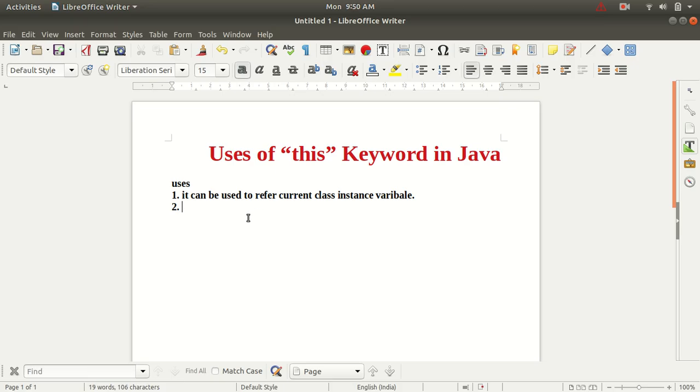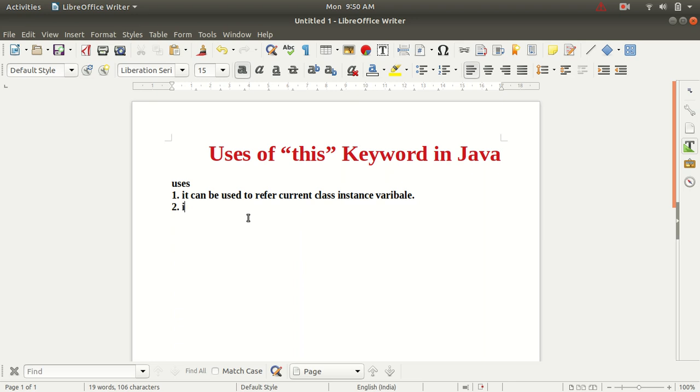The second use of the this keyword is that it can be used to invoke a current class method implicitly. Actually, it can be used to call or invoke a current class method implicitly.